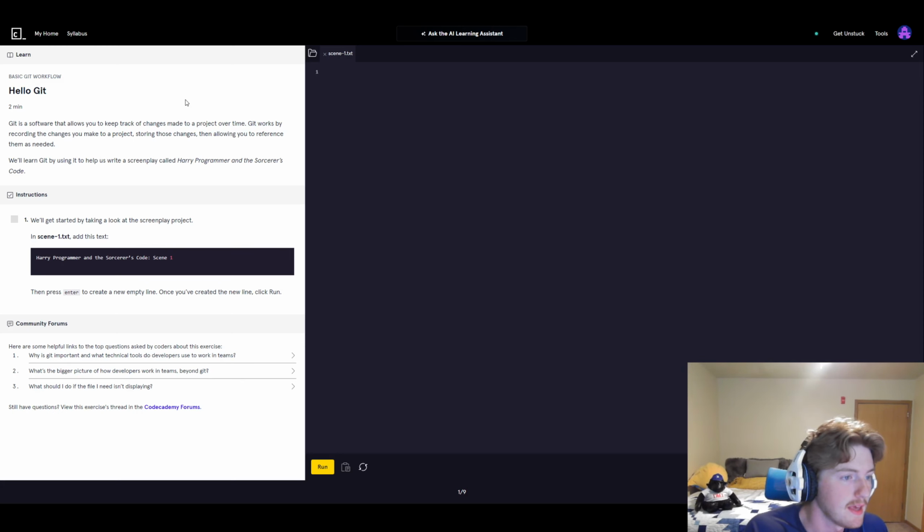Okay. Git is a software that allows you to keep track of changes made to a project over time. Git works by recording the changes you make to a project, storing those changes, then allowing you to reference them as needed. We'll learn Git by using it to help us write a screenplay called Harry Programmer and the Sorcerer's Code. We'll get started by taking a look at the screenplay project. In scene 1,